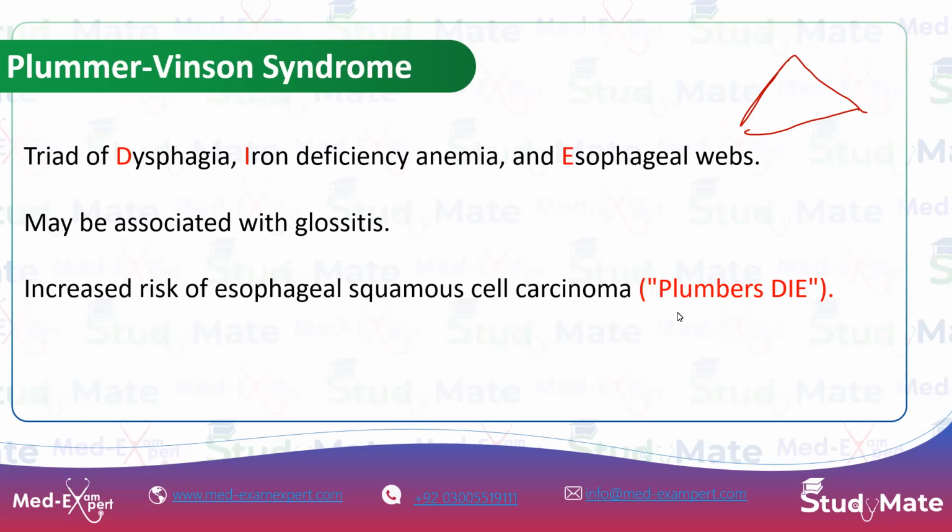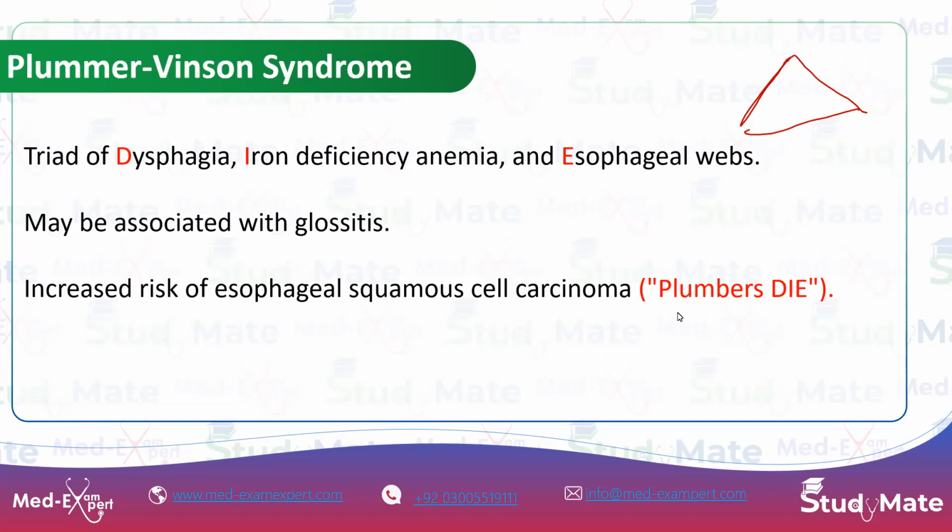जो पेशेंट होगा वो आपके पास प्रेजेंट करेगा विद डिफिकल्टी इन स्वॉलोइंग सॉलिड्स। वो कहेगा कि लिक्विड्स इजीली चले जाते हैं लेकिन सॉलिड्स में उसको डिफिकल्टी होती है स्वॉलोइंग में। जब आप उसकी ब्लड सीबीसी करवाएंगे तो उसमें आपको एचबी कम मिलेगा, और अगर आप उसके एमसीवी और एमसीएचसी देखेंगे तो वो भी कम होगा, which shows the microcytic hypochromic type of anemia which is seen in iron deficiency anemia। और इन पेशेंट्स का जब आप बेरियम स्वॉलो एक्सरे करवाएंगे जो ओरल कॉन्ट्रास्ट के साथ होगा उसमें आपको इसोफेजियल वेब्स नजर आएंगे।